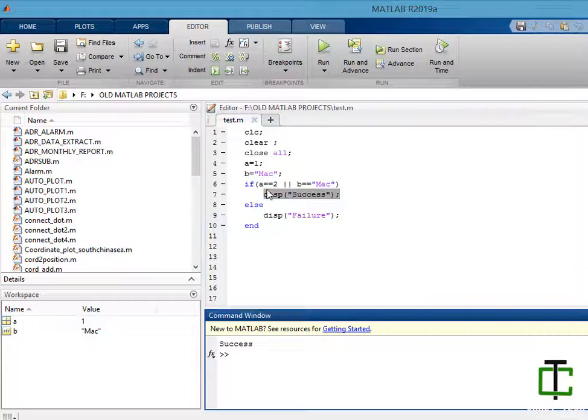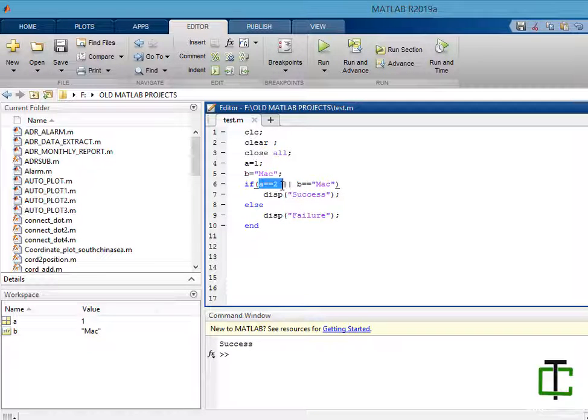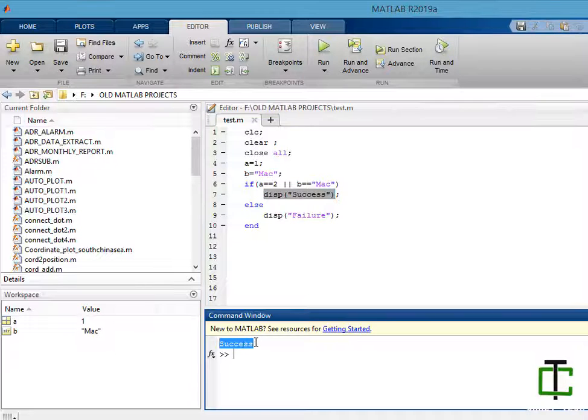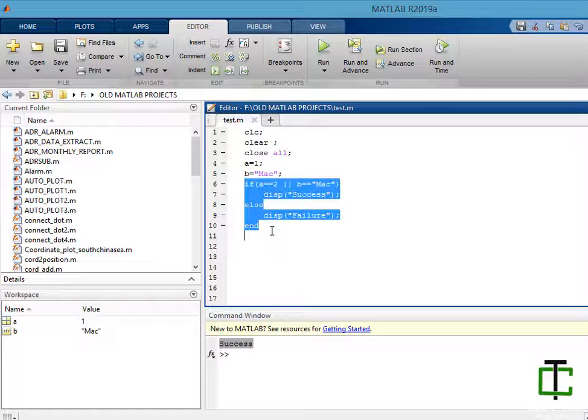So this condition failed, but this condition becomes success. So display success has executed here. This is the basic idea of the if condition.